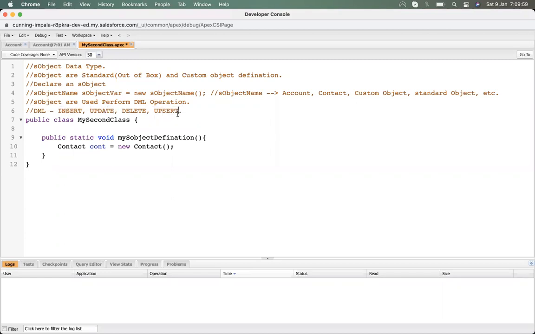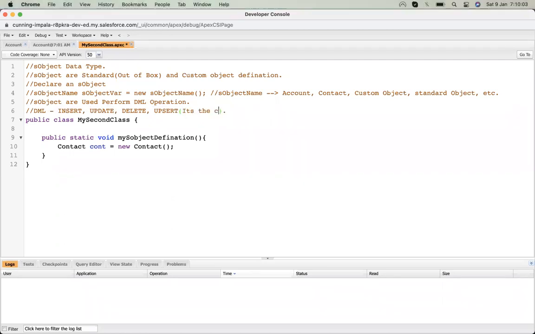It's a combination of update and insert. Whenever we do upsert, it will first look for the update. If update is not going to happen, then it will insert that record.